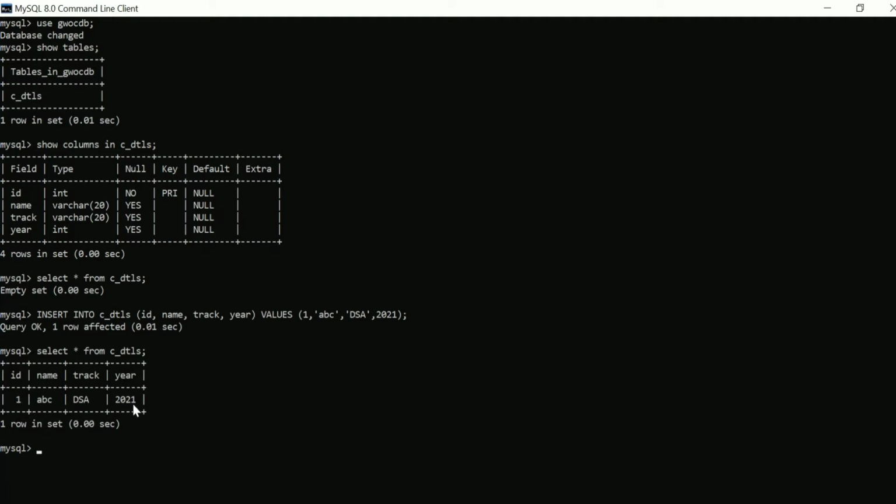The data is inserted correctly. You can also insert multiple data in a single query. This way.